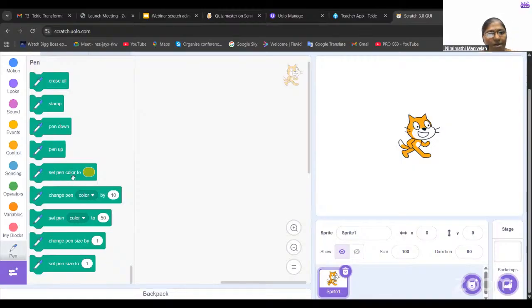Then set pen color. It will set the color of the pen. Change pen color. If you are setting the green color, and you want to increase the color code by 10 points, this is the light green color, it will increase to dark green color. That is the change pen color. And if you want to set pen color to 50, this is setting, initializing the value. Like in variables, we have set block and change block. Initially, you are setting a value to 0 and then changing it. Like that, this is set pen color